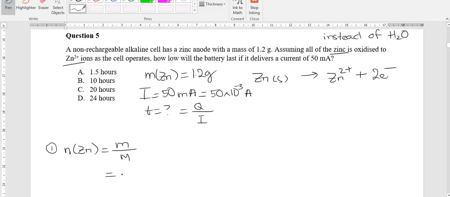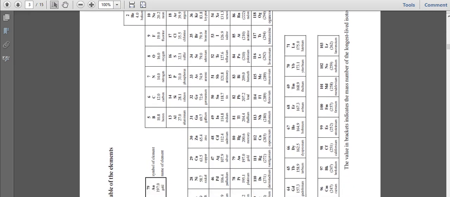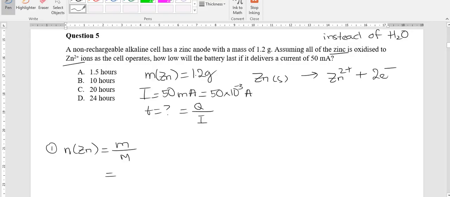I do not remember what zinc is. Let's see, 65.4. Okay, that was a correct guess. So 0.0183